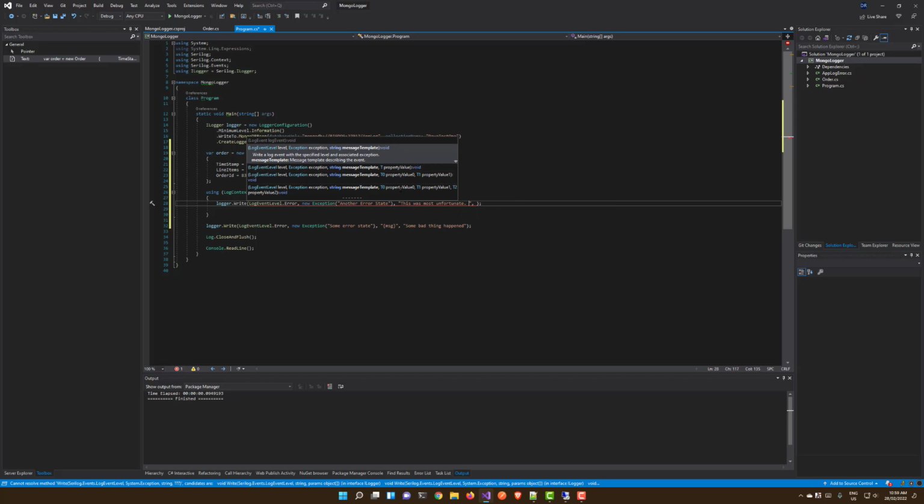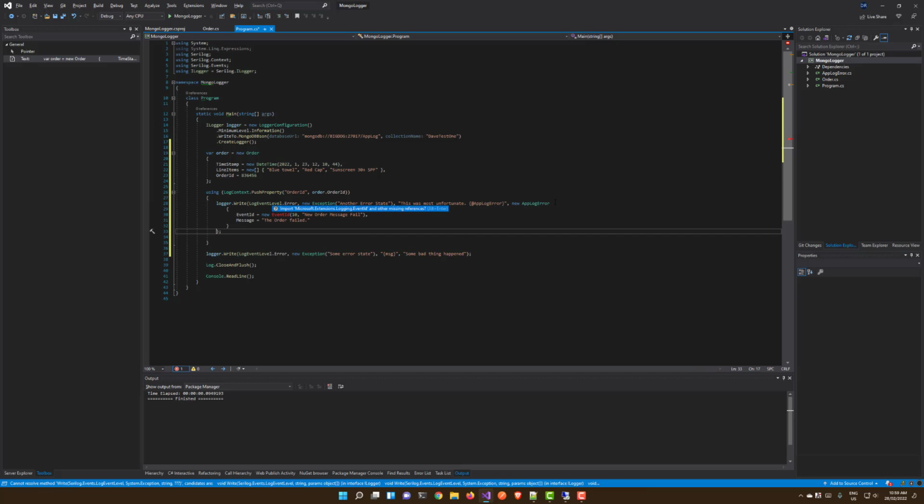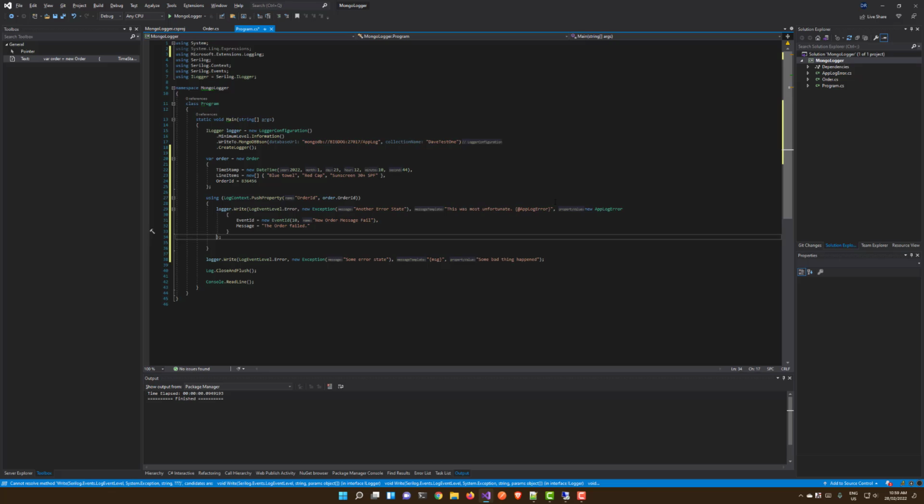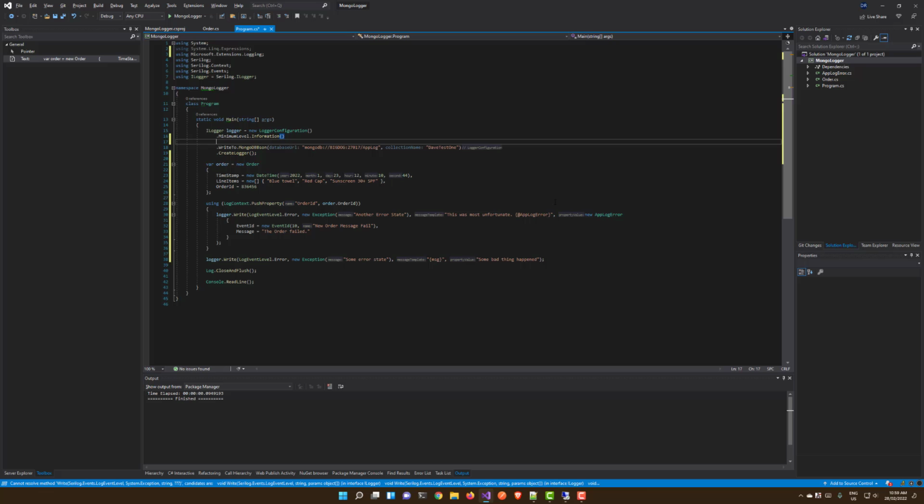I'm now adding a token to the message template. You can see I'm using the @ symbol there with that app log error, and that enables me to log a complex object when you add that @ symbol. And in order to finish off this unit of work, what we do is we enrich it from the log context, and that's the syntax for doing that. So if we now run this,